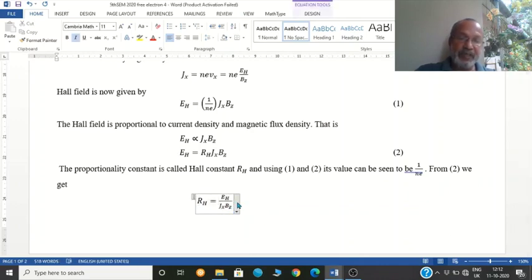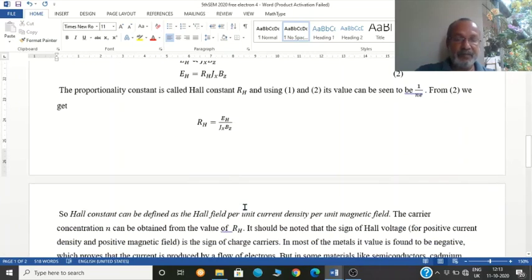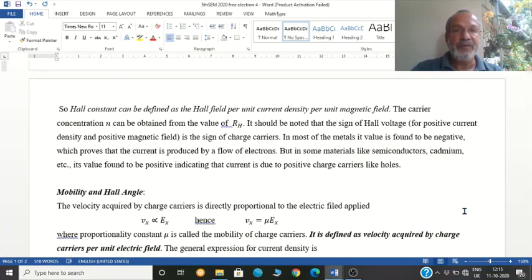So you can measure Hall voltage, and then you can calculate Hall field, and for the known current and magnetic field, you can calculate a Hall coefficient that will be equal to 1 by Ne. So n can be calculated. So you will come to know about the number of free electrons per unit volume in a metal, which is also called electron concentration of a metal. So that is one application of Hall effect, determination of charge carrier concentration.